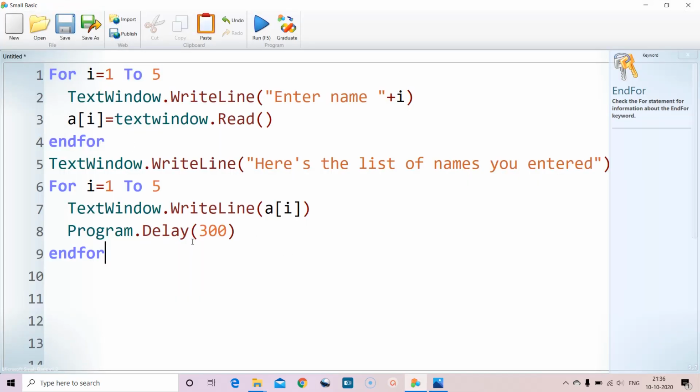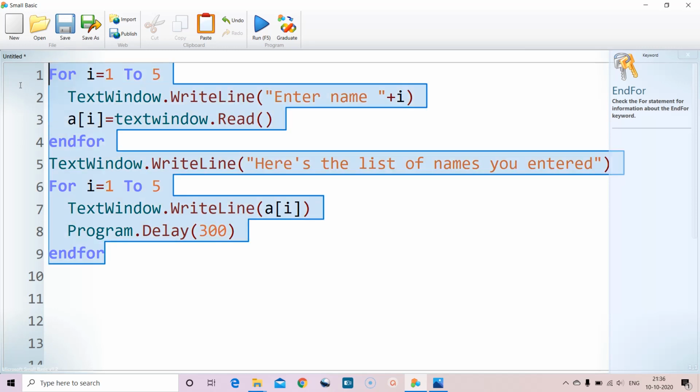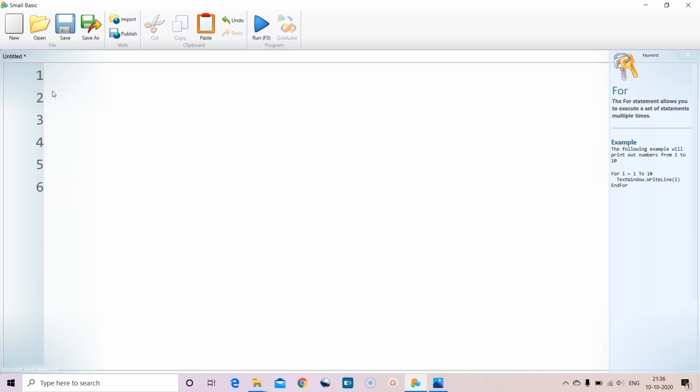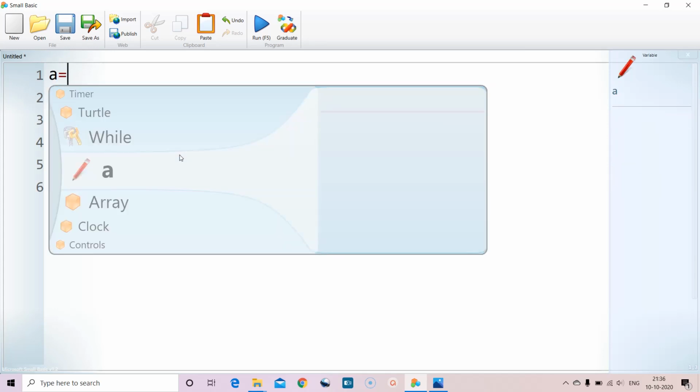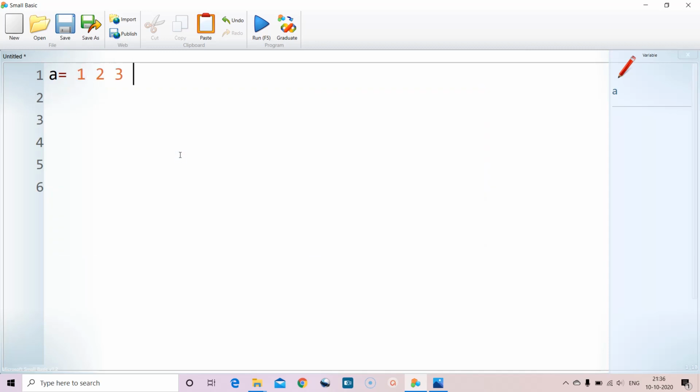So we have seen a one-dimensional array. So let us delete it. Now the two-dimensional array. For example, in A you want to store something like this: 1, 2, 3, 4, 5, 6, 7, 8, 9, 10, 11, 12, 13, 14, 15.